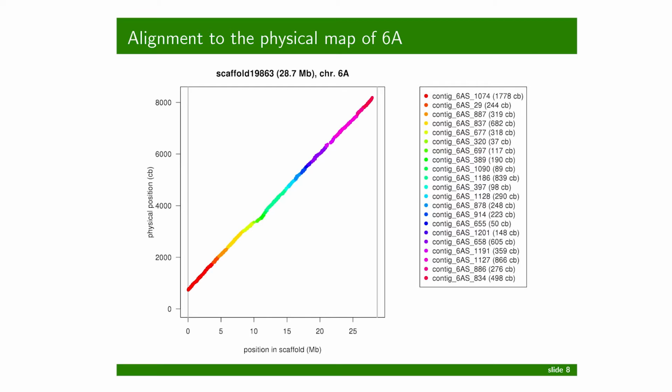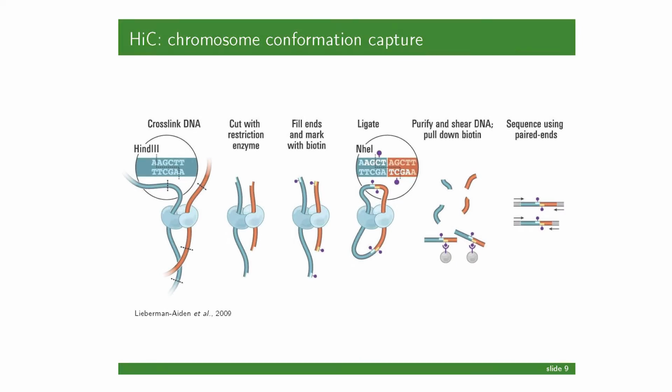They have a better contiguity, and this information also allows us to assign BAC sequences to scaffolds. So it's not necessary anymore to really sequence minimum tiling paths of the physical map, but we can just use the available scarce sequence information or survey sequence information of the physical map and integrate the BAC sequences with the NRGene assembly. So then, for the rest of my talk, I will speak about the chromosome conformation capture, or